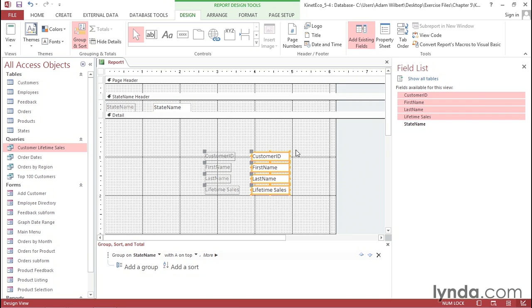Now we can start arranging our form. I'm going to start up here with a state name label. This is where our state name is going to appear, and I don't need a label to tell me that's the state. I think that'll be obvious, so let's go ahead and get rid of that label and move the state name field over. I also want to make it a little bit wider, and then we'll drag this section